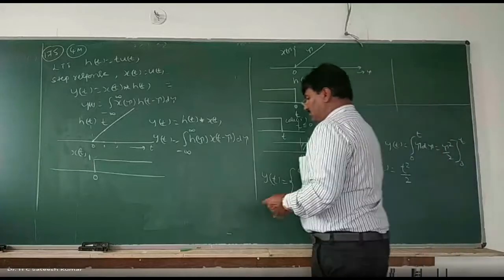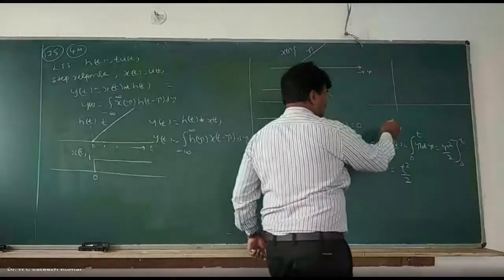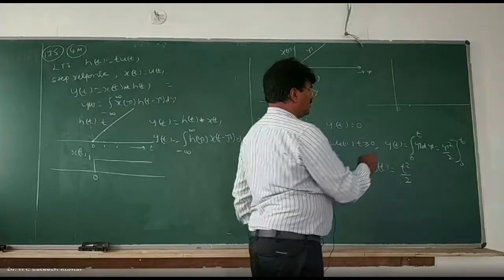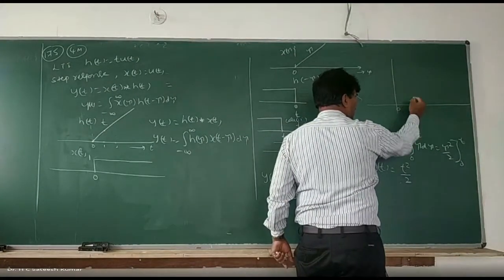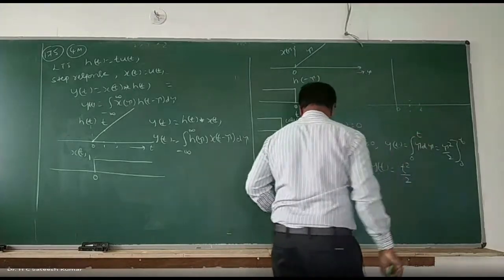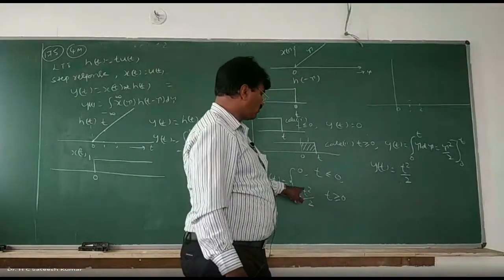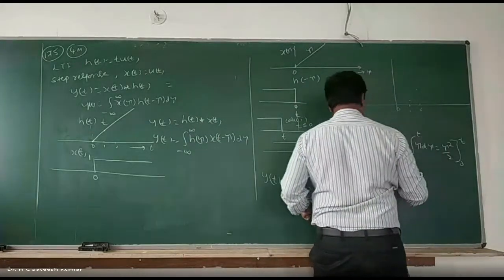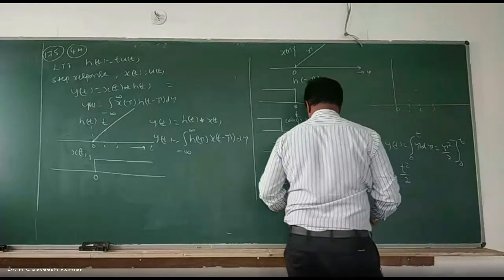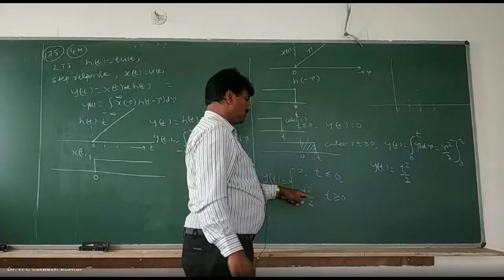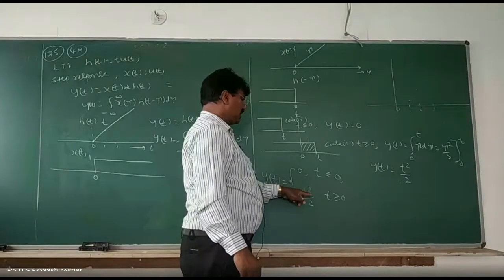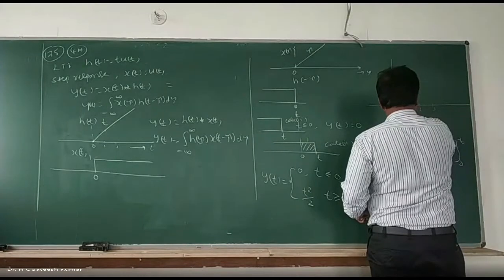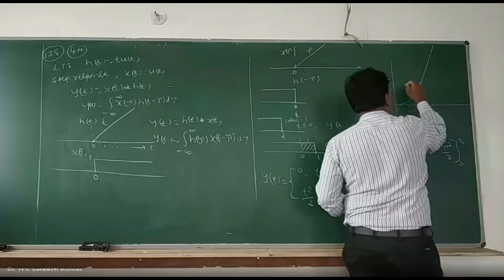So now you see this. Now, what is that we have? At 0, its value is 0. At 1, its value is half. At 2, square 4 by 2, its value is 2. At 3, its value is 3 square, 9. 9 by 2 is 4.5. Something like this. So therefore, it will be like this. It is a curved one, you will get it. So that is your y.